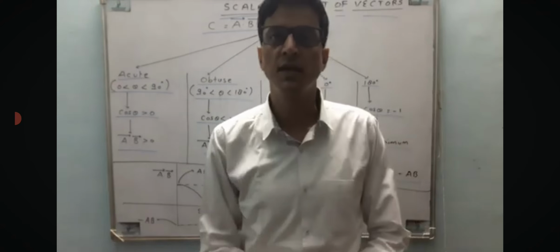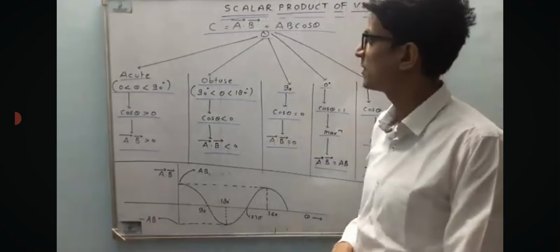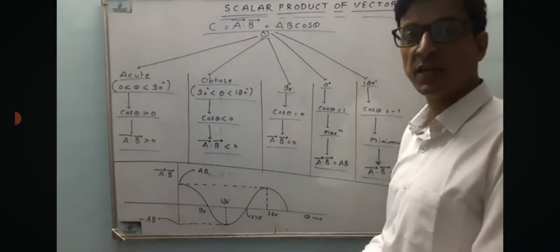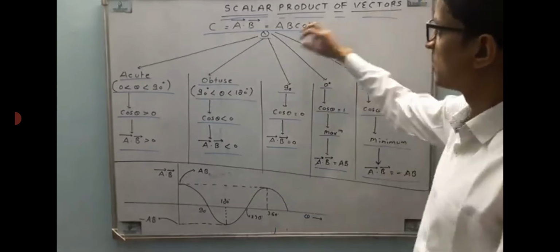Today I will discuss scalar product of vectors in terms of angle. So let's suppose that we defined A dot B as AB cos theta. So if theta is acute, that means it lies